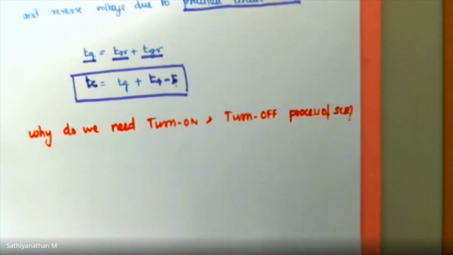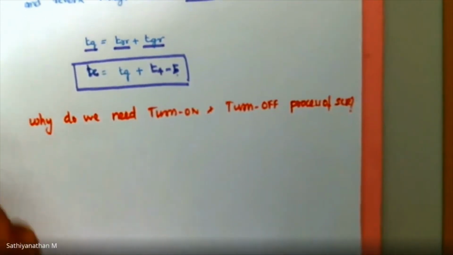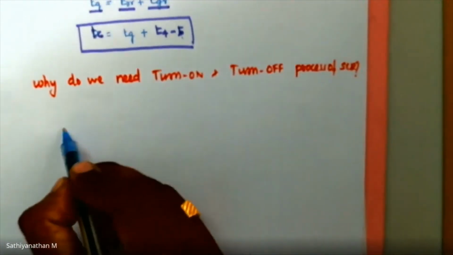A power electronic switch. So you can operate a single device at higher switching frequency, higher switching rate, so that you can reduce the power losses, the switching losses of a device, as well as achieve a ripple free output. Okay, I will give you an example. Just go through this.